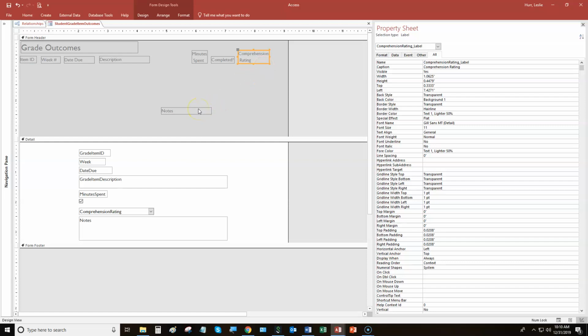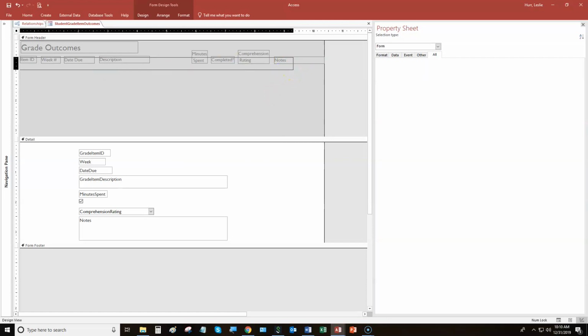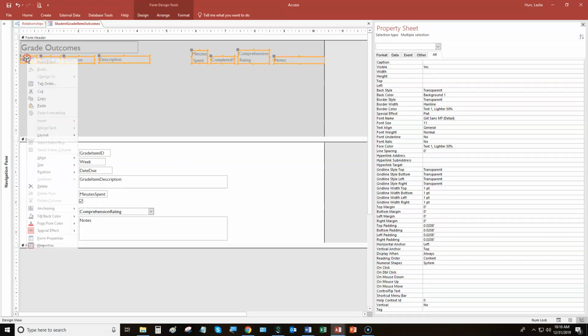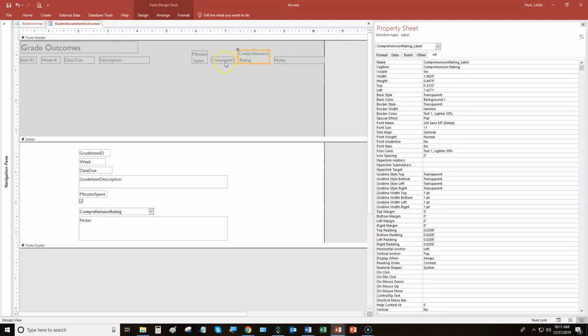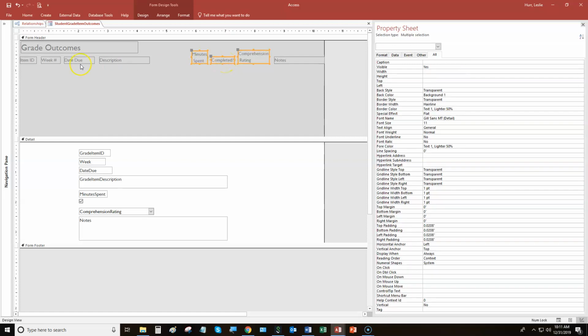Okay, and then I might have my notes over here. Okay, and so I'm going to align those, right click and align bottom. Okay, and I'm going to make some of these fields be centered over the